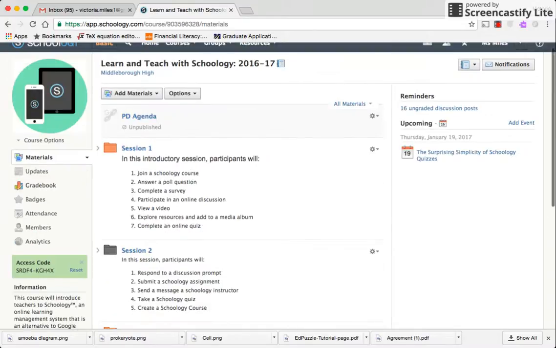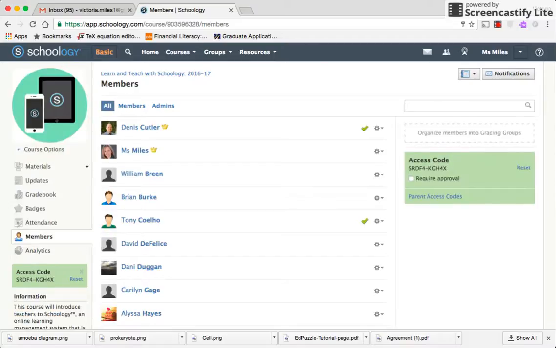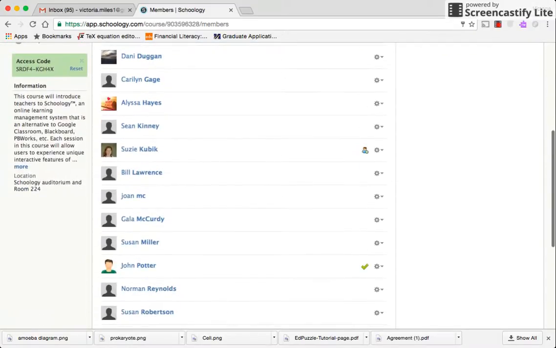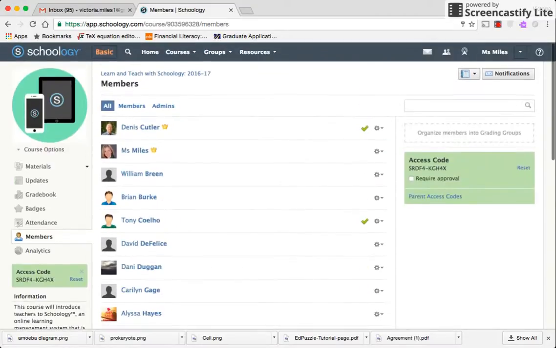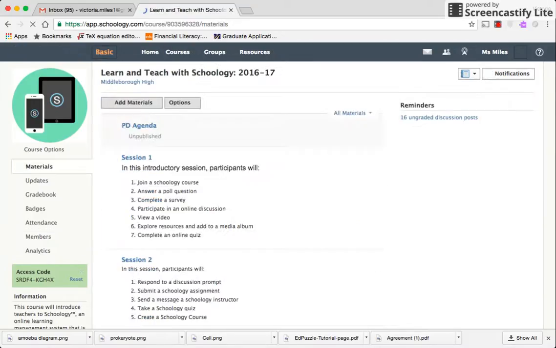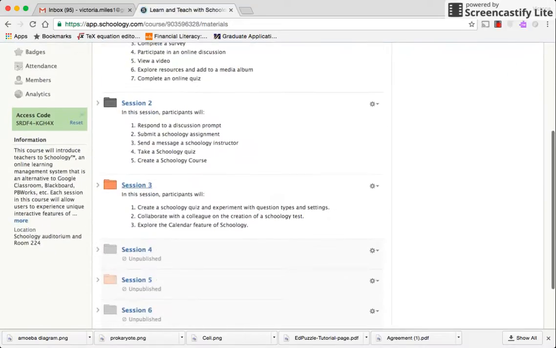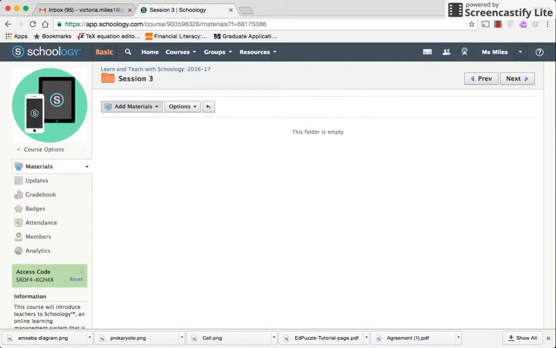So right now, when we look at the members of this course, the only administrators are Dennis and myself. We have the little crowns next to our names, but you're all going to be administrators so that you can all make a test in the same folder. So let's take a look at the materials. It's in session 3 that we're going to be working. And here you'll be making a test